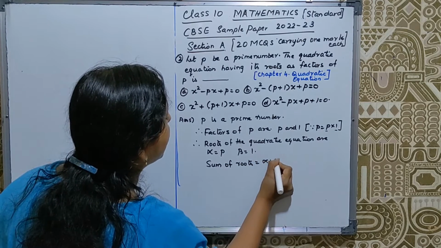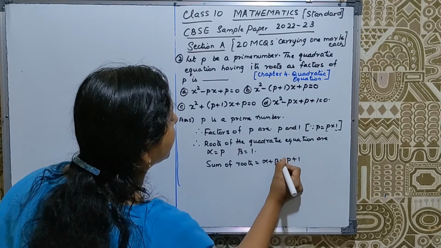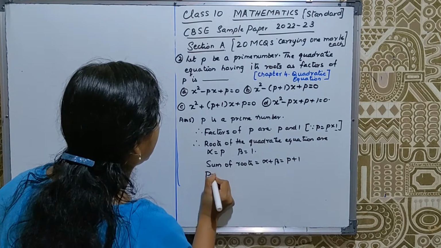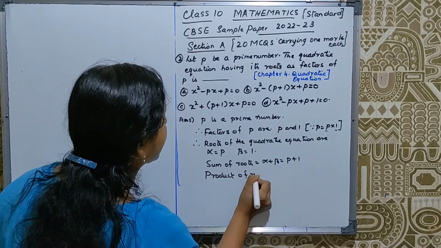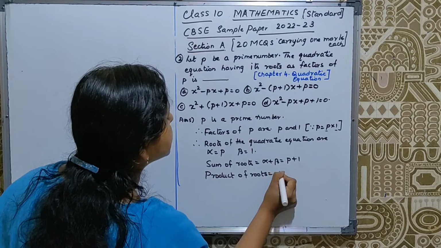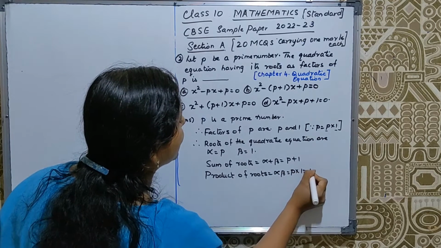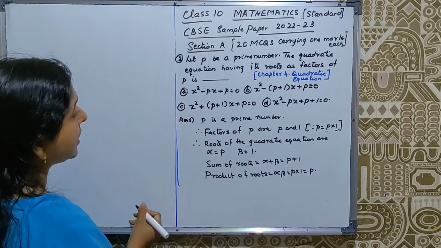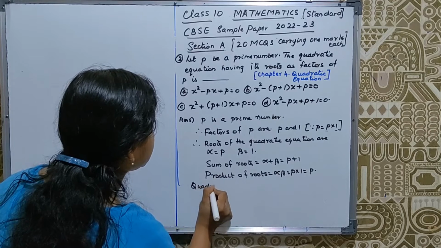Sum of roots equal to alpha plus beta equal to P plus 1. Next one, we'll find out the product of roots. That is alpha beta equal to P into 1, which is equal to P. Now we'll make a quadratic equation. Quadratic equation is